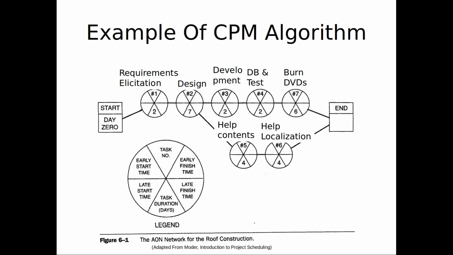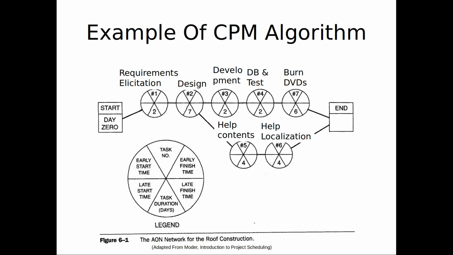We're going to go through and schedule this. The basic deal here is that for the forward pass, we're going to be computing the early start and early finish. It's going to be delightfully easy while we're in a sequential situation, but it's going to get more involved when we have things that depend on multiple predecessors. So watch this. I'm going to start at day 0.